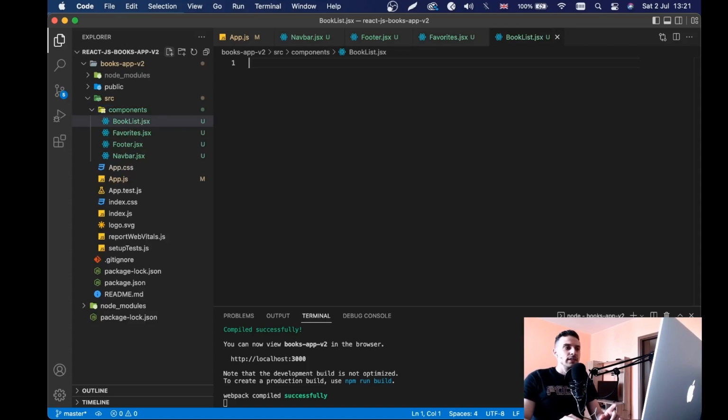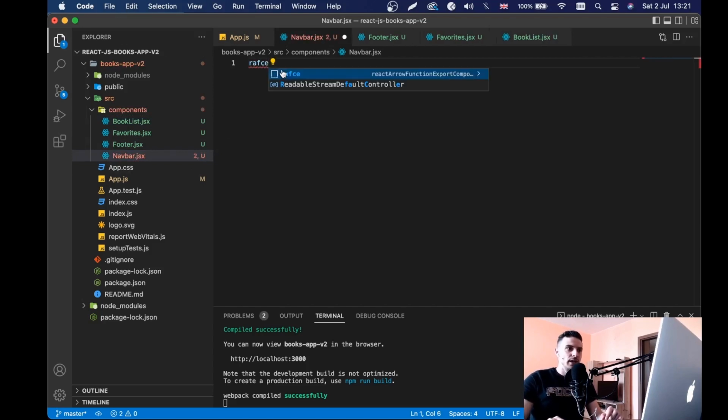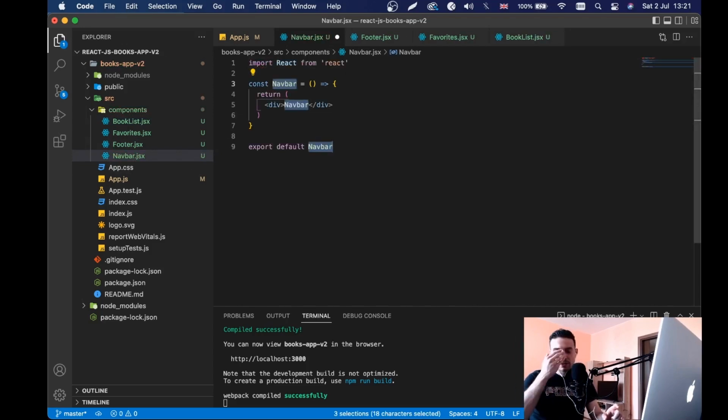let's start by creating our boilerplate for the navbar and footer. So inside the navbar, what I'm going to do is use the shortcuts I have installed by typing rfca, and that will create a functional component for me with default export. Inside this const navbar component, we are returning a div which will be with the class name of navbar. Okay,